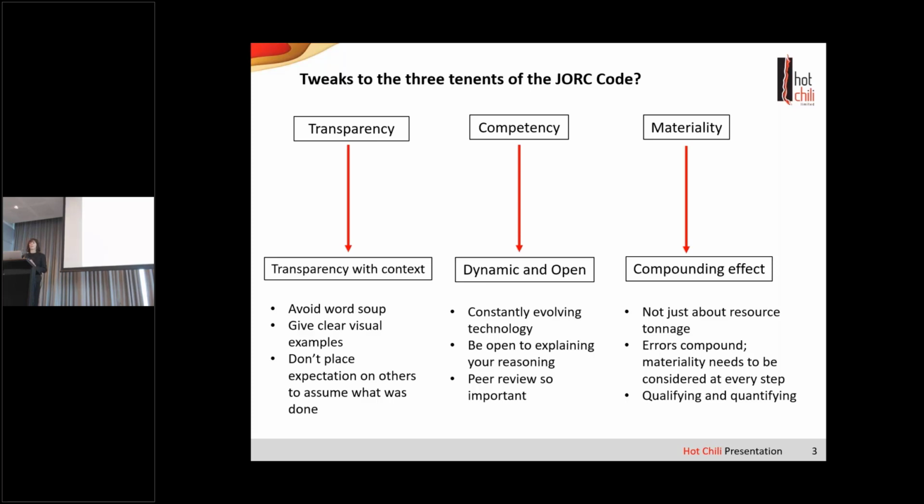And lastly, peer review. Peer review is so important, and I've worked at lots of different places where it wasn't a priority for various reasons. But I think peer review doesn't have to mean a full audit. It could just be asking a fellow resource geologist, hey, just check my assumptions, give me a sanity check. I've tried something a little bit different, what do you think? Or it could be a fatal flaw analysis, due diligence. It doesn't have to be onerous. And it's a great opportunity to learn from different people and get a different perspective.